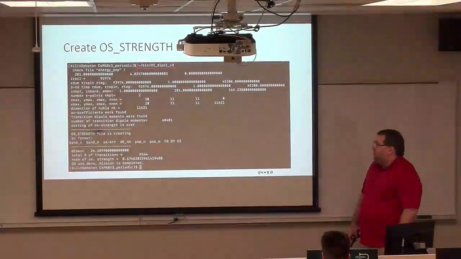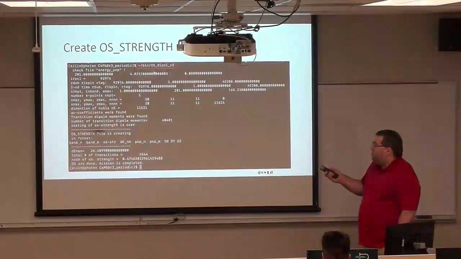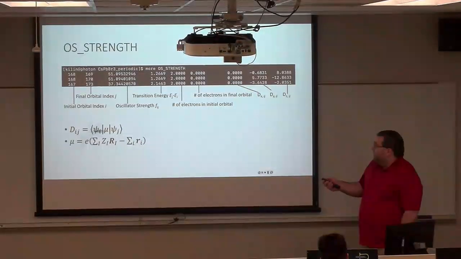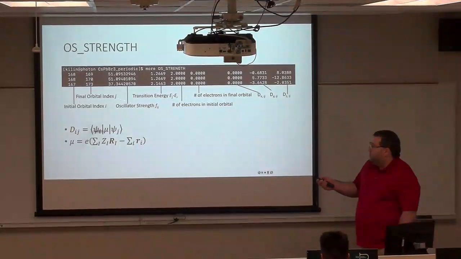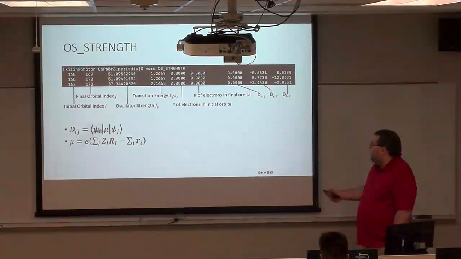And then from here we can create the oscillator strength, the OS string file, and that's done with this code. So if we look at the oscillator strength file, it gives us several different columns of information. We have the initial orbital, the final orbital, the oscillator strength, the transition energy, the number of electrons in our initial orbital, the number of electrons in the final orbital, as well as